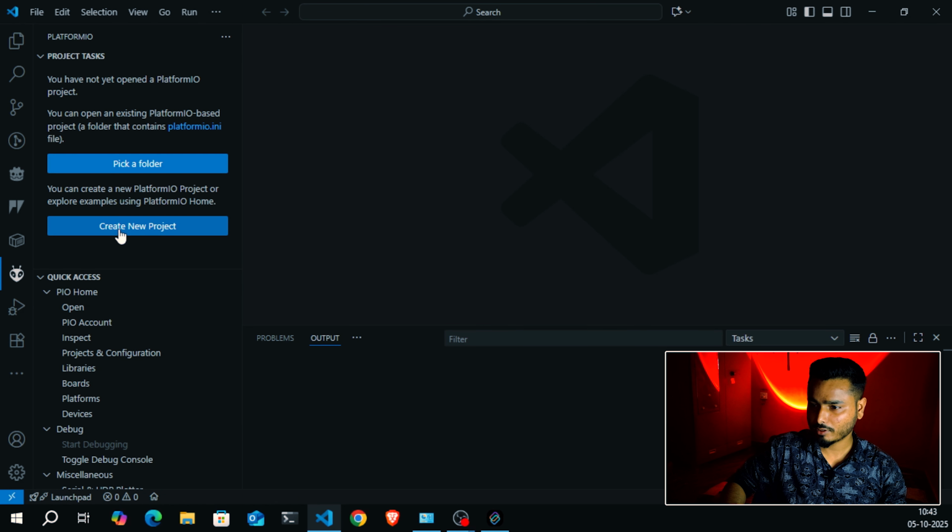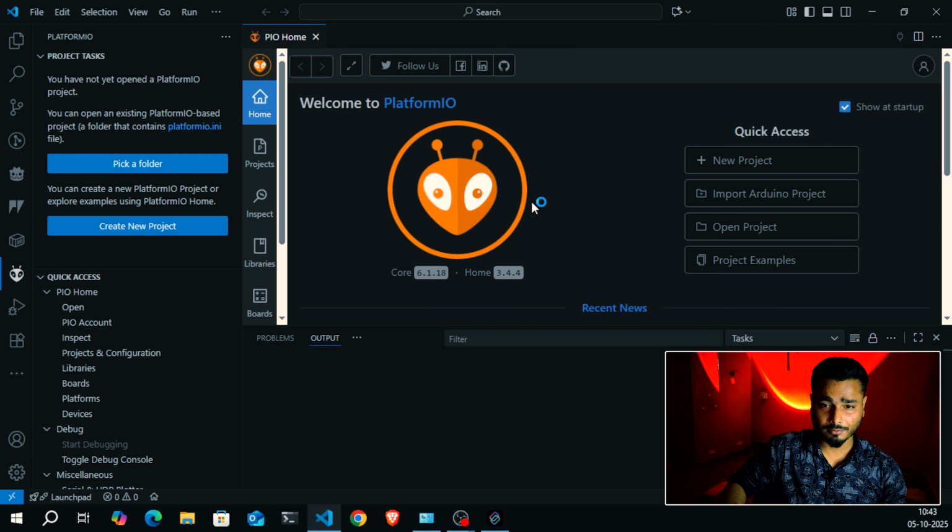I'll click on create new project, and this window will come. If you're working with Arduino, we don't need the other extension which I'm going to tell you about, because the problem is that PlatformIO does not have all the latest packages for Arduino or ESP32, but you can work with it. But of course, we should always use updated technologies. So I'll click on the extension tab again, and I'll search for